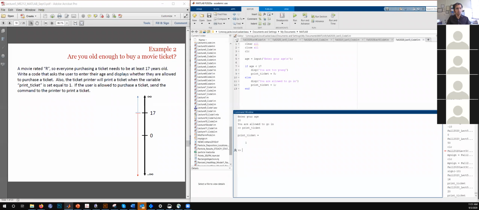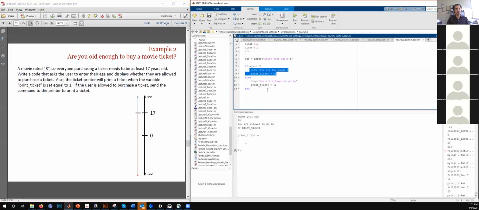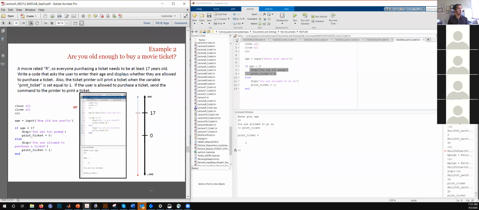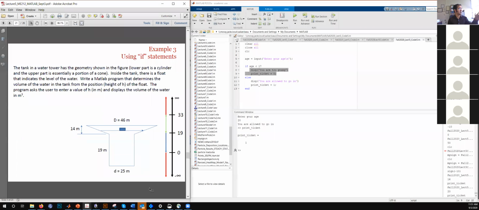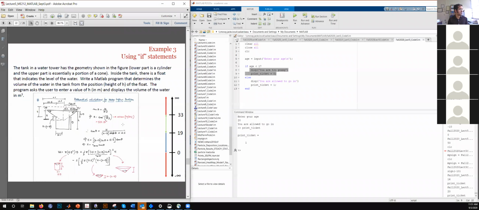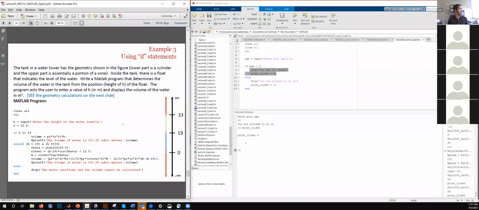So this is how you reduce your problem into the form of numbers that would control some conditions, and conditions that you can tell MATLAB, which would determine which particular operations it's going to carry out based on checking the condition. So I hope this gives you a broad overview about how the if statements work. I have a little bit more complicated problem here, along with the code and some logic on the mathematical operation. You can go through this at home, and I have the code here as well. So you can just copy paste the code for this particular problem.